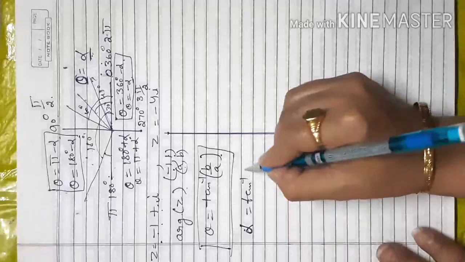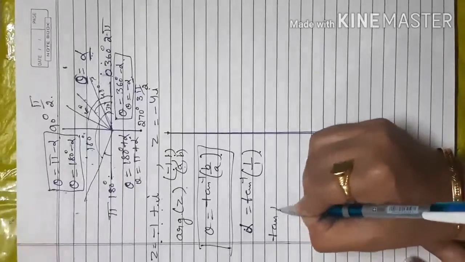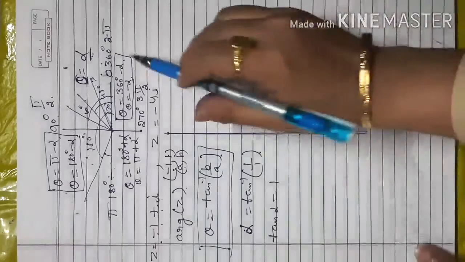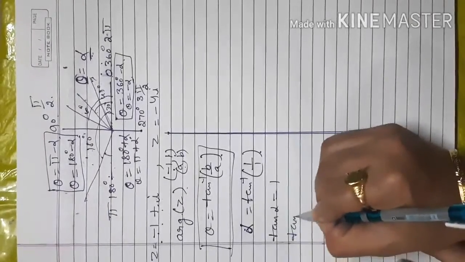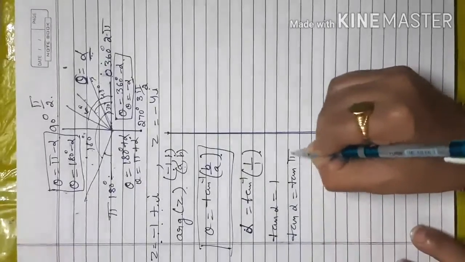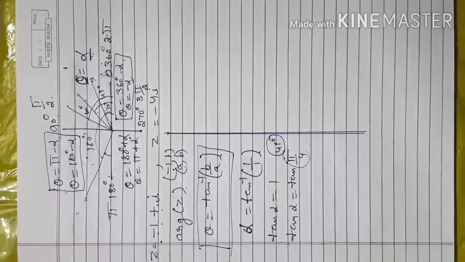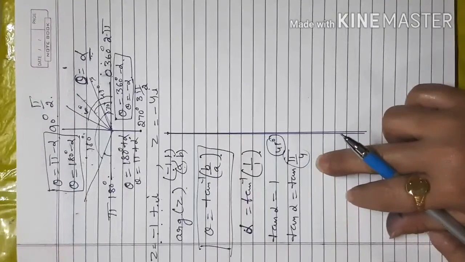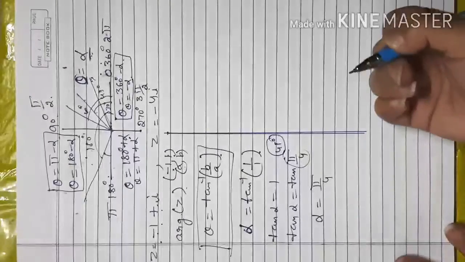So tan inverse b upon a, 1 by 1. When tan moves to this side, that becomes tan alpha is equal to 1. Now we think in which angle from 0 to 90 degree my tan theta value is 1. That is 45 degree. So tan alpha is equal to tan pi by 4, or we can write 45 degree here. Because we are going to count in the circle form, we will consider this as pi by 4. So my alpha will be pi by 4. This is my basic angle.